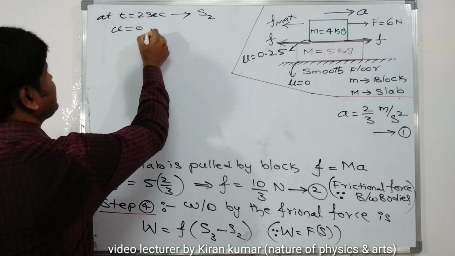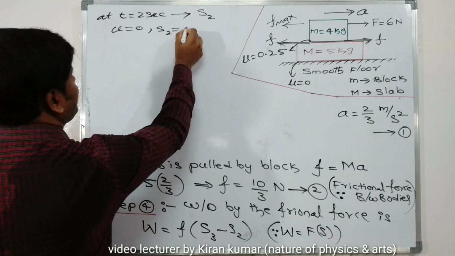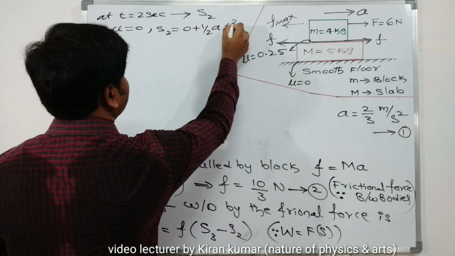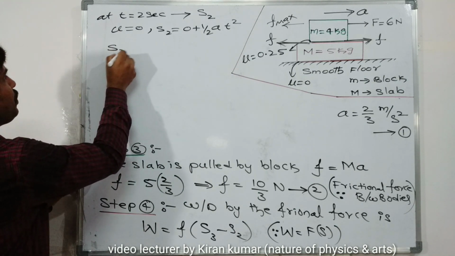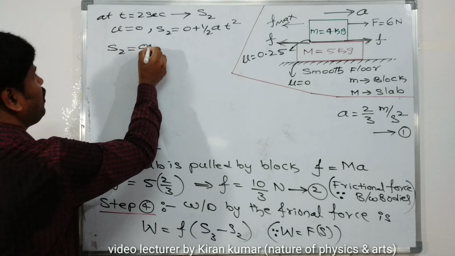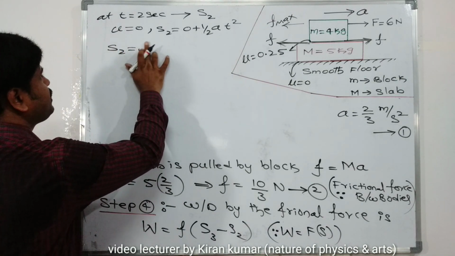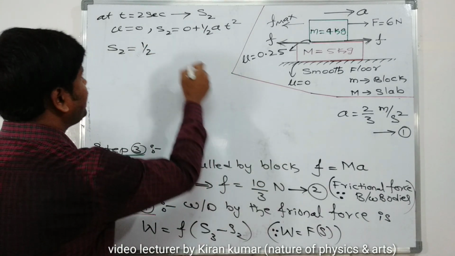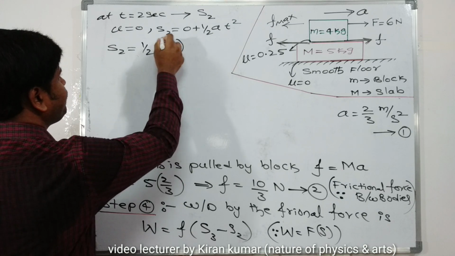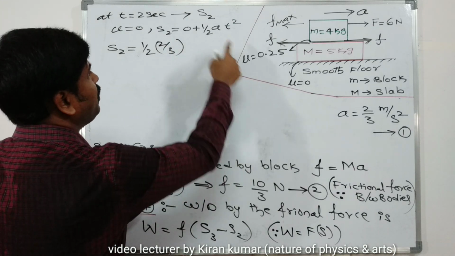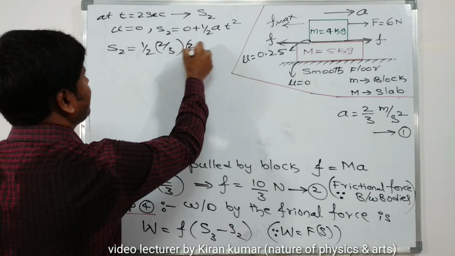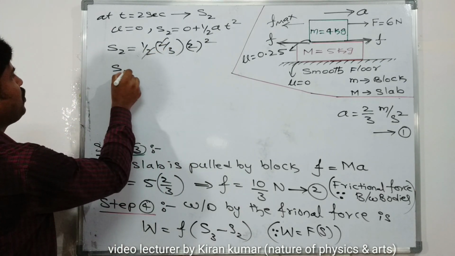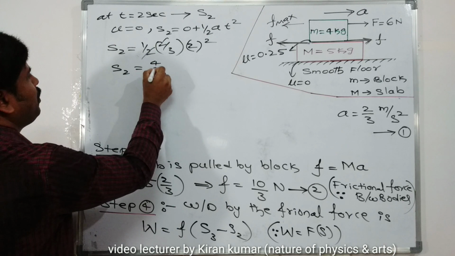So S2 is equal to 0 plus 1 by 2 at square. No need to write 0, directly writing 1 by 2. Acceleration is how much we got? 2 by 3, into time 2 seconds whole square. This 2 gets cancelled, then S2 value is equal to 4 divided by